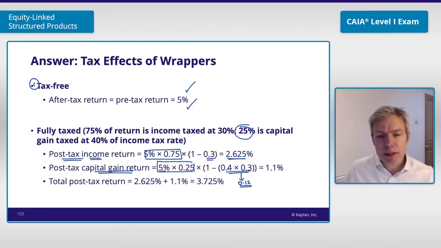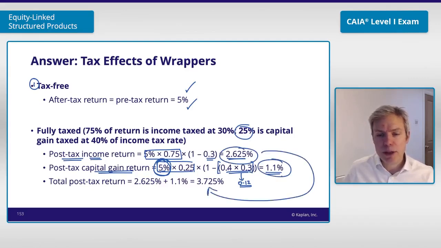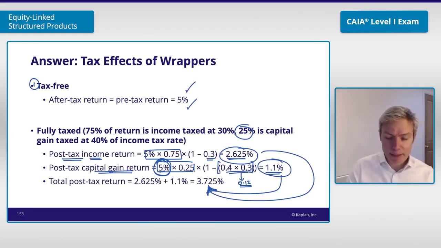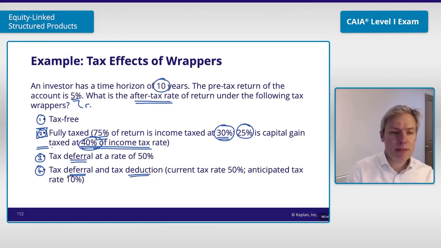All right, so 5% is your pre-tax return. A quarter of that is capital gains, and that's taxed at 12% essentially. So you're left with 1.1% there. Bolt those two together, and you've got your total post-tax return. All right, so a little bit more fiddly than it might first appear there. But that's the second method. The other two methods, tax deferral, that's essentially like deferred CGT, like deferring all your taxes